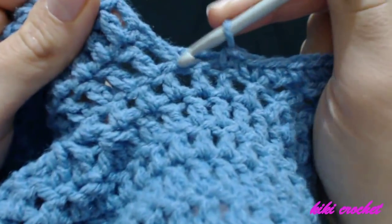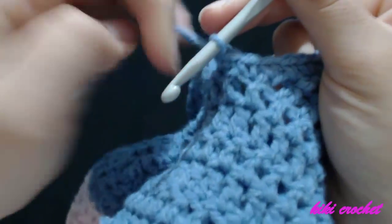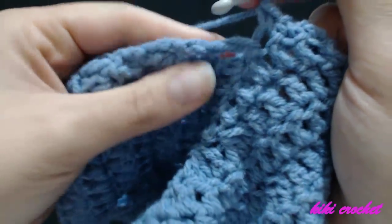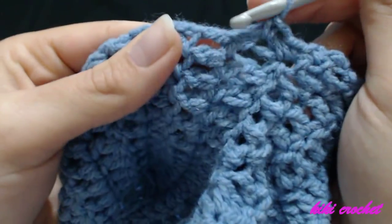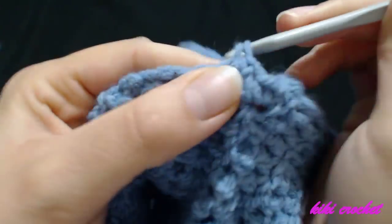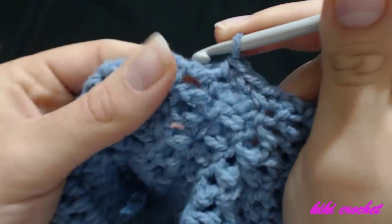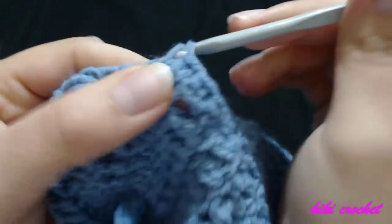So this beginning stitch over here is the first stitch of our tongue. So I'm going to make one single crochet in there, one single crochet in the second chain, which is the middle of the stitch, one single crochet in the beginning of that double crochet, one stitch in the middle of the next double crochet, one single crochet in the beginning of the stitch, single crochet in the middle, a single crochet in the beginning,